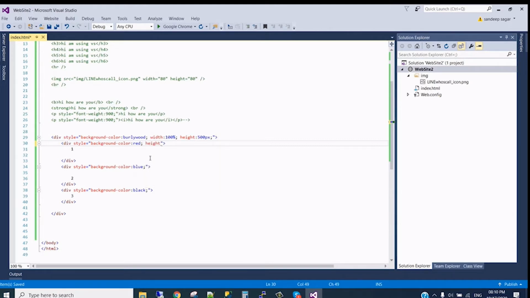If 30% of my 500 pixels is my header part, I can give 30%. I want the body to be around 60%, and the remaining 10% is my footer.